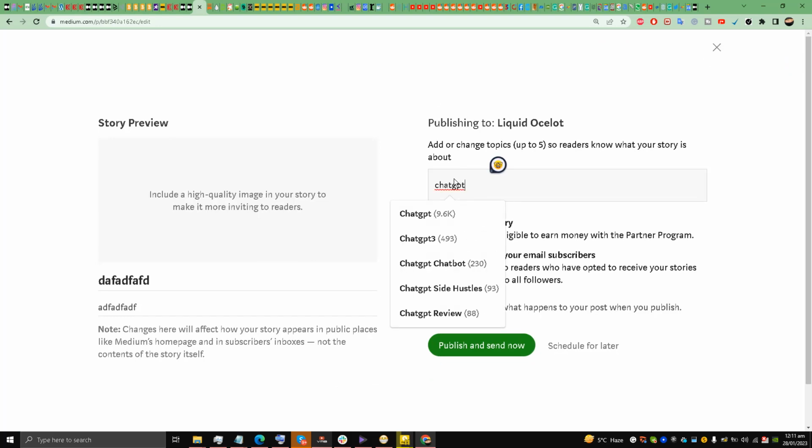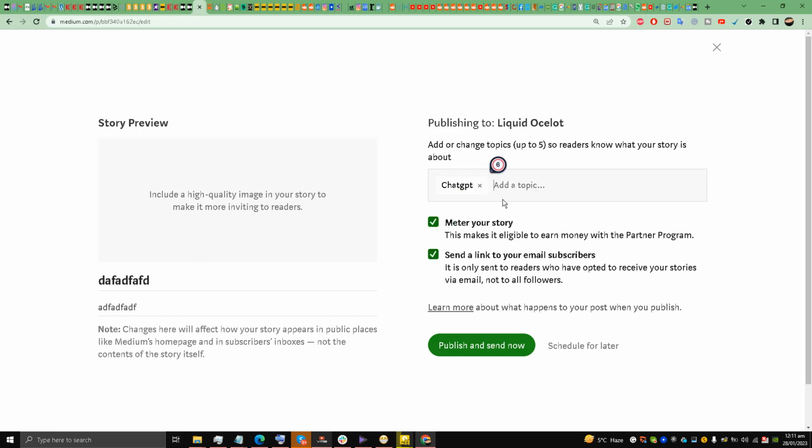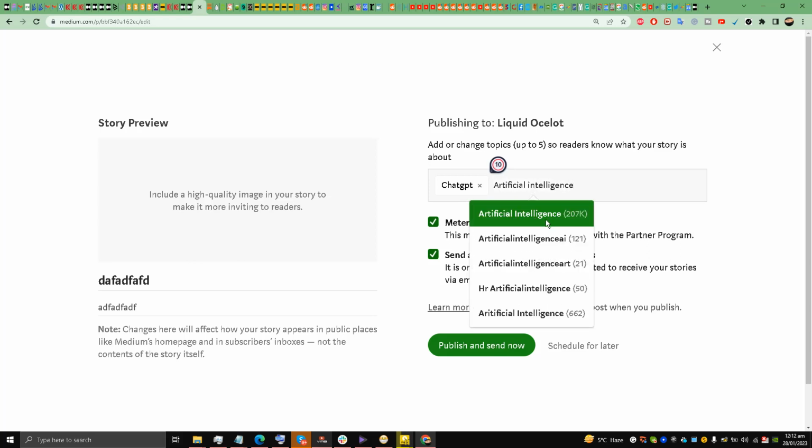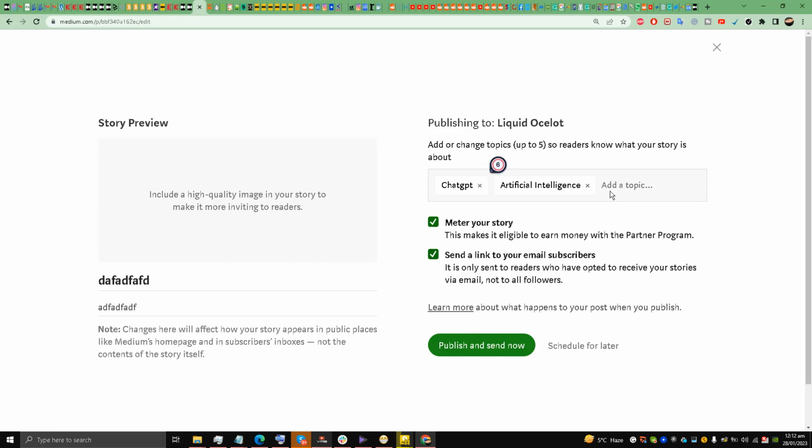ChatGPT, you see the number, most searched tags. So it shows me that ChatGPT is the most searched one with 9.6k following. 9.6k people follow this topic, ChatGPT, my friends. I'll add this. I'll go to AI. AI has 101k followers. I'll write artificial intelligence. It has 207k. So obviously we are going to ditch AI topic for artificial intelligence, and then we have